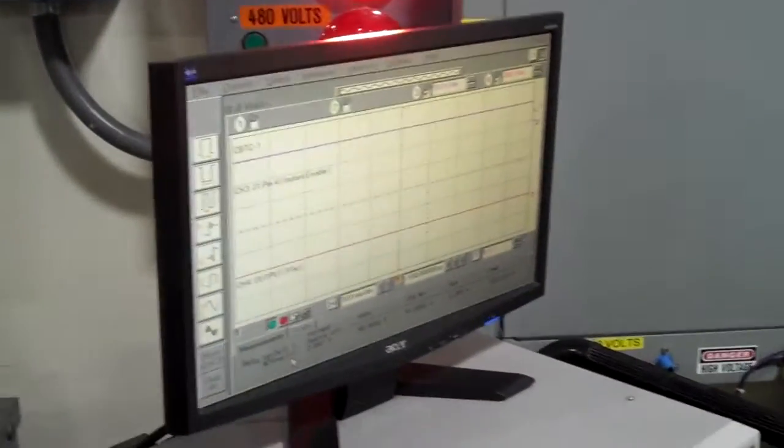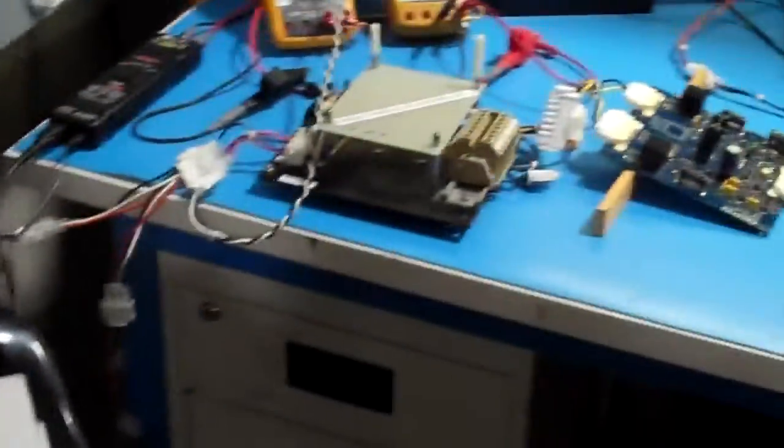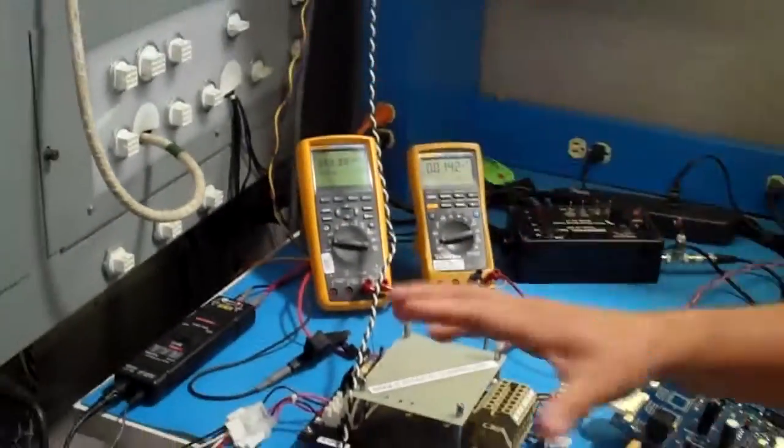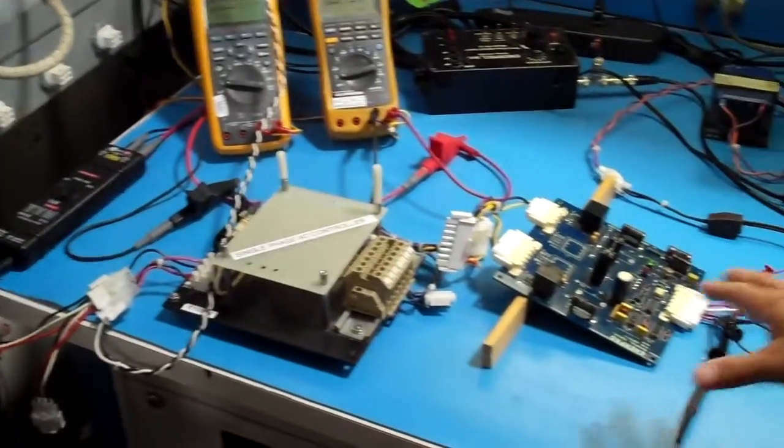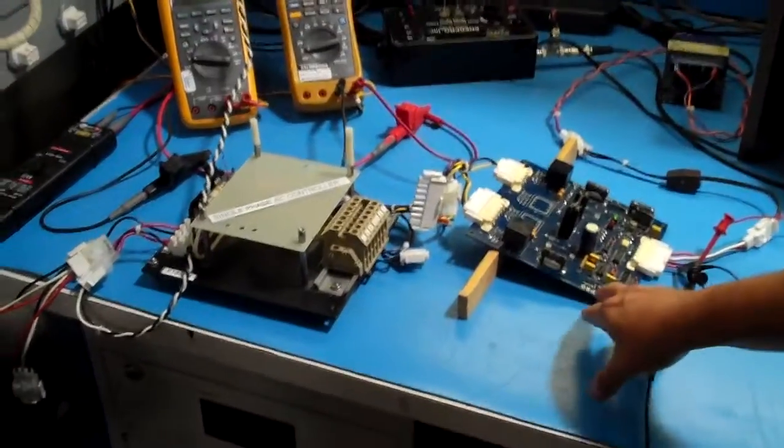Today again being Tuesday, April the 23rd, here we have a second video. What we've done on this video is we have the same setup, 240 volts going in, the same single phase AC controller. We have removed the board and now we're using the crowbar board,